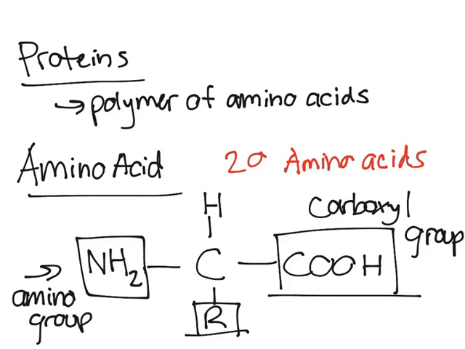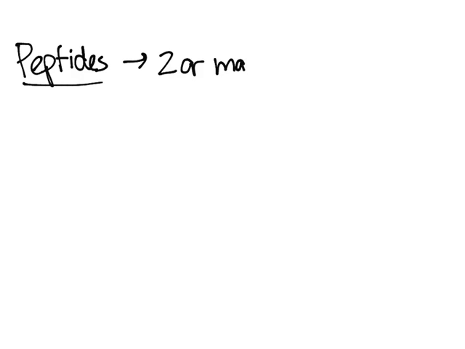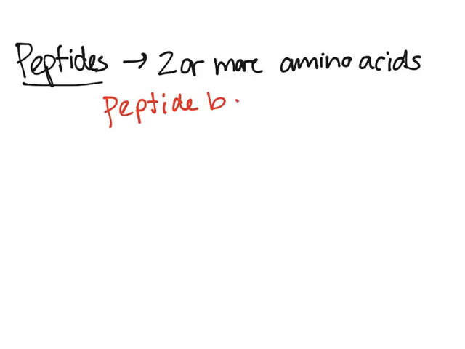And so to name proteins is actually pretty simple. Proteins, we'll get into that right now. Proteins are called peptides. So peptides are essentially molecules made up of two or more amino acids. So it has two or more amino acids. And then the amino acids are joined by peptide bonds. Peptide bonds join amino acids